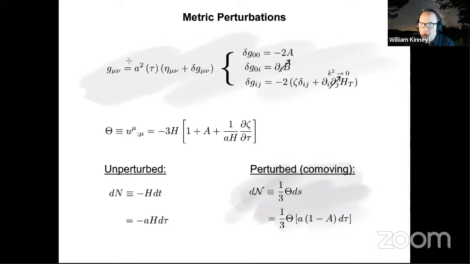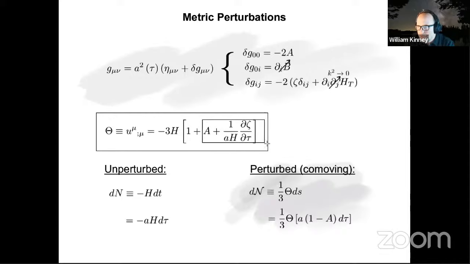All right. First thing we want to do is write down, remember, in this fluid flow formalism of Ellis and Bruni. I think I said it was Hawking and Ellis last time, and I'd like to correct that. The paper I was thinking of, which I already put up on the Slack channel, is the paper by Ellis and Bruni. The four-divergence of the fluid four-velocity in the unperturbed space-time is just 3 times the Hubble parameter. And now we can calculate that in the perturbed space-time, and we find that it is equal to its background value plus a set of linear perturbations that depend on this lapse function A and the curvature perturbation zeta in the way that's shown here.